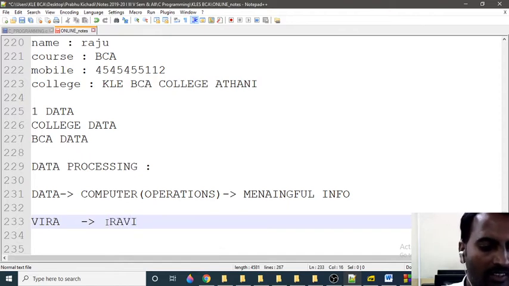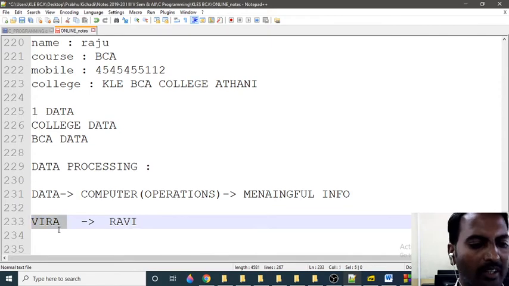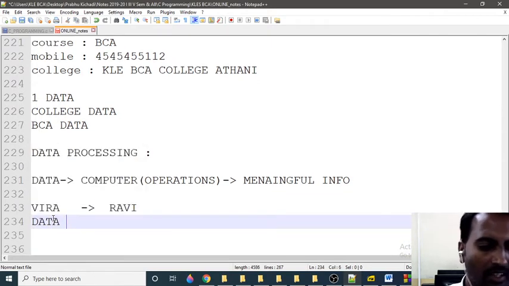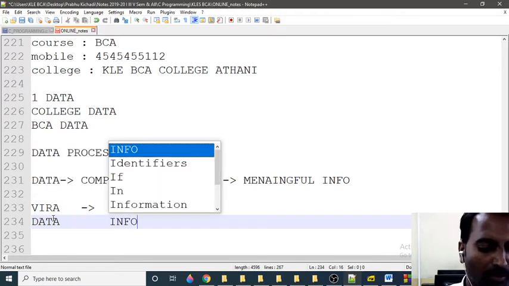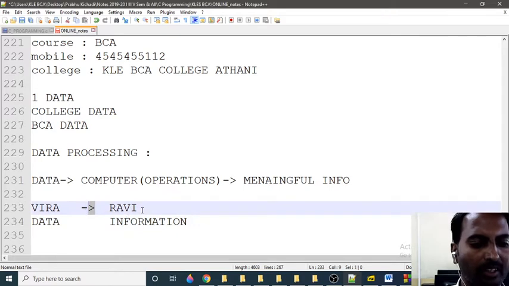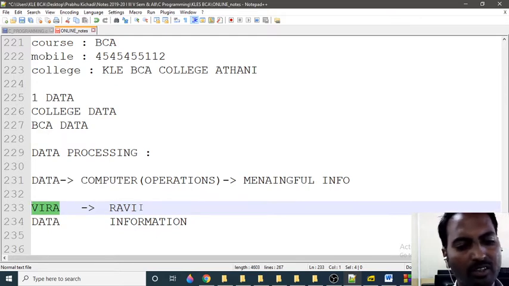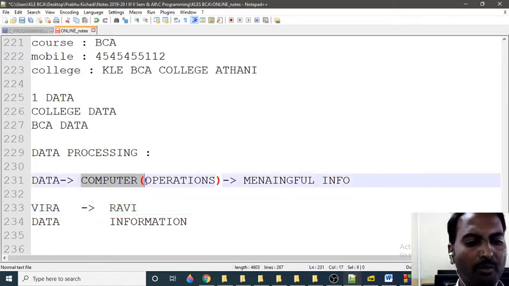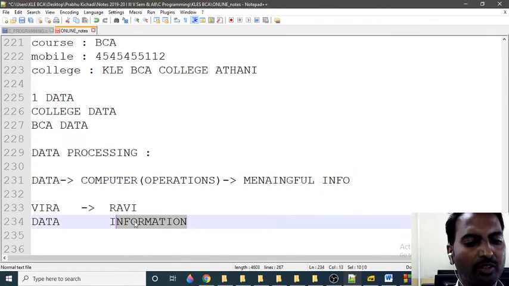If I write like this, Ravi is meaningful, whereas PIRA is meaningless. That's why I can say that this one is data and this one is information. Applying certain operations, I am getting useful information. That's why data must be interpreted into meaningful information. That process is done by the computer applying certain operations on that data, and it generates useful information.